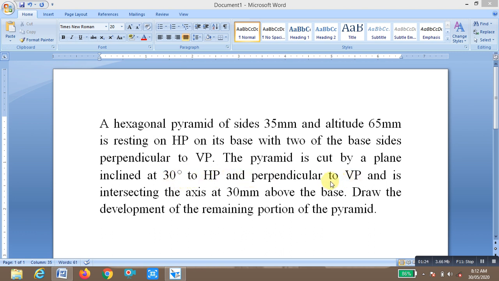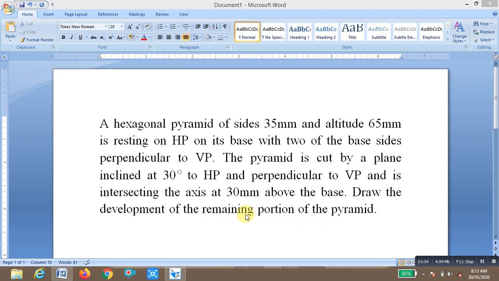The section plane intersects the axis at 30 mm above the base. Draw the development of the remaining portion of the pyramid. This is the given problem.